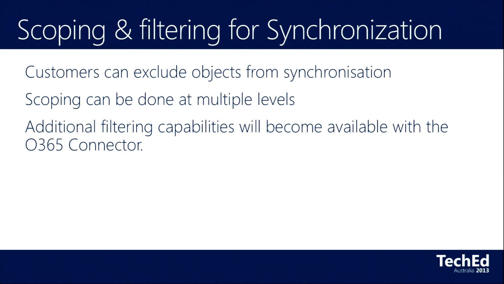A great example, there might be service accounts. I like to keep my service accounts in a service accounts OU, so I can immediately exclude all of those from synchronization. And another one is user attributes. So if I've got an attribute set on any account in Active Directory, I can use that to exclude. So I could, for instance, tag all of my service accounts with a specific attribute, or I could say, everyone who lives in Sydney, I don't want to synchronize their accounts up to the cloud. There's a lot of flexibility there. You can use pretty much any attribute. And the other thing to notice is when we're filtering these accounts, it simply means that the account is ignored. It's not processed by the synchronization engine.